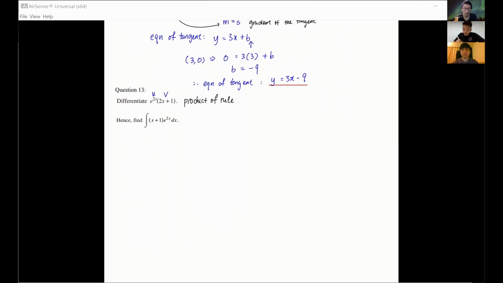So we let u equal to e to the 2x, v equal to 2x plus 1. Now again, you should differentiate these. Now to differentiate this, if you look at the formula booklet on the same page that I just showed you just now,